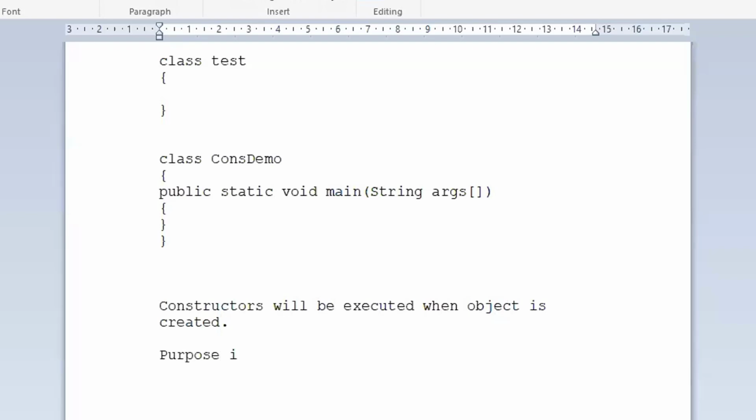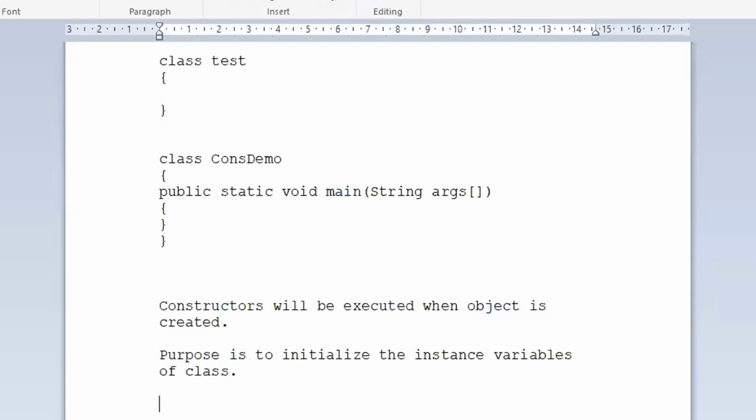The purpose is to initialize the instance variables of the class. Are you calling a constructor explicitly? No. It will be executed implicitly when you are creating an object.